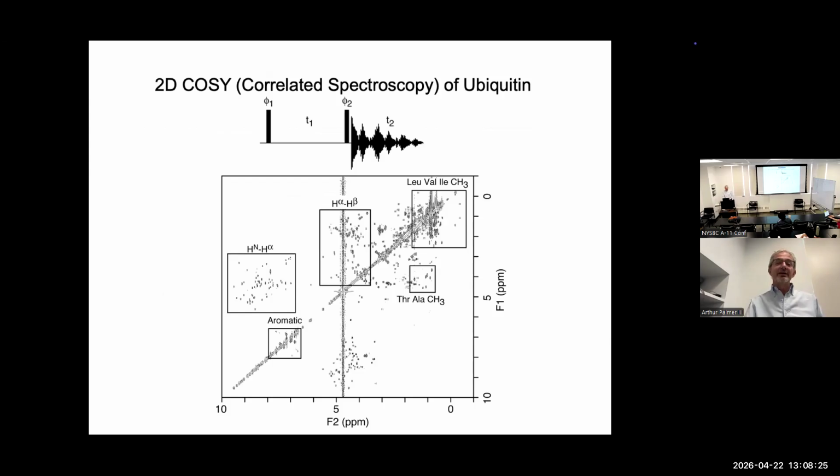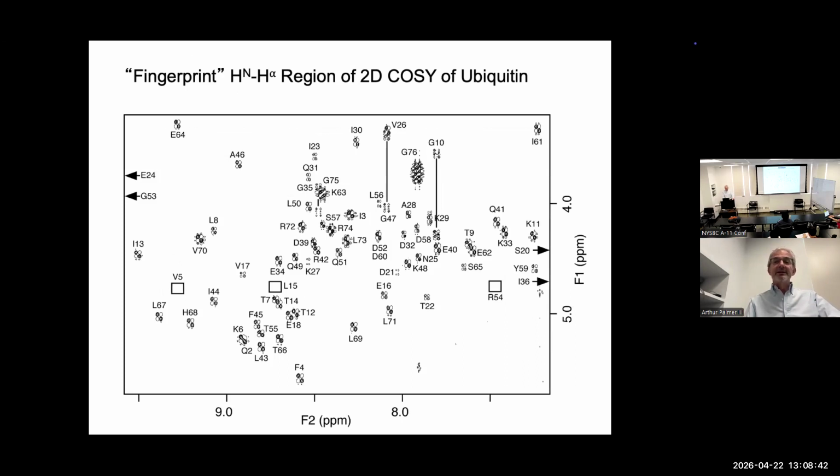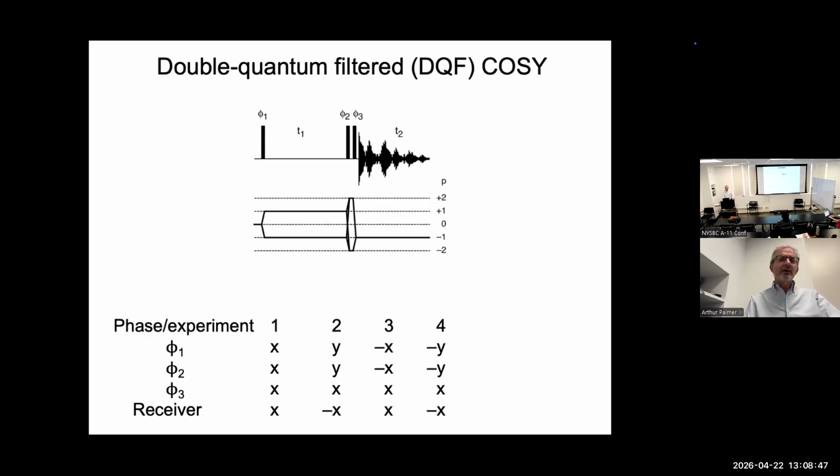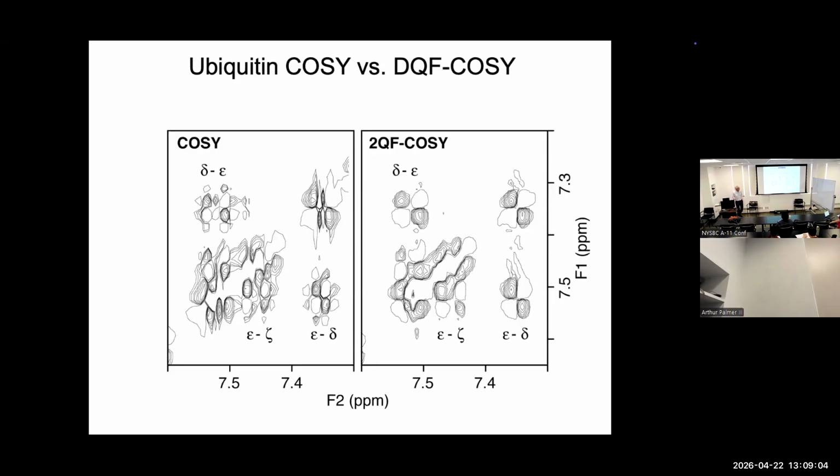So, of course, you've seen the COSY spectrum of ubiquitin, and these different fingerprint regions, for example, for the aromatic region, the methyls, etc. And here the spectrum has already been assigned. We talked briefly, and you solved the problem, about the double quantum filtered COSY. And the main purpose, I can't remember how much we talked about this, why does one do the double quantum filtered COSY? That has to do with the line shapes